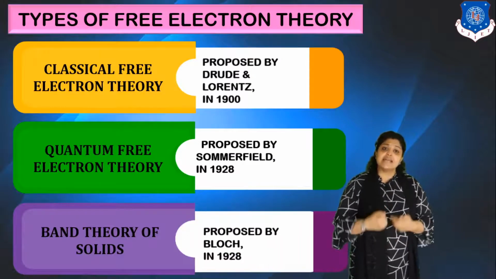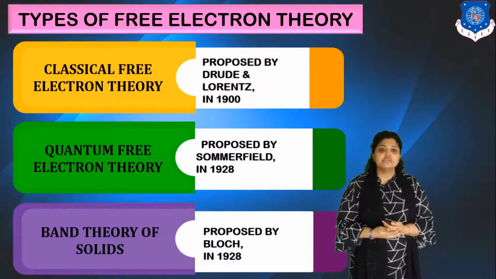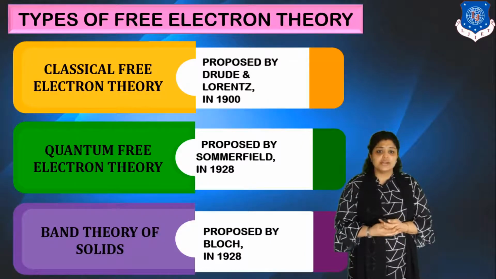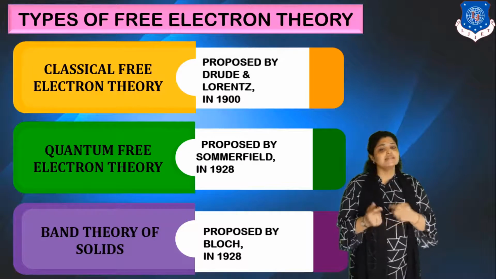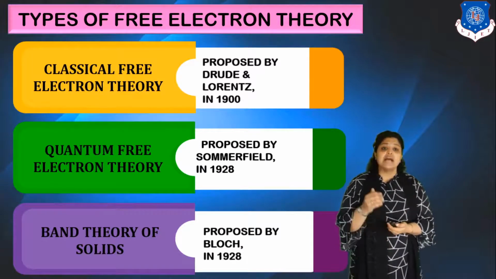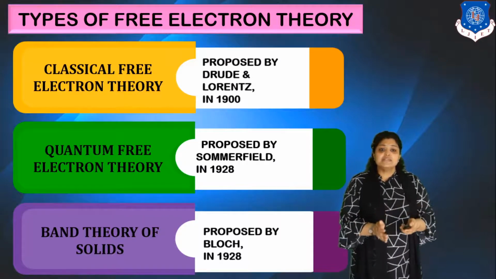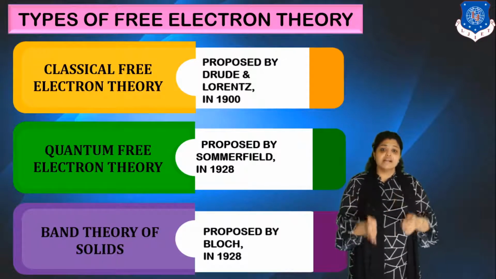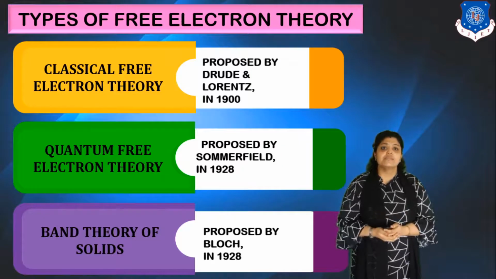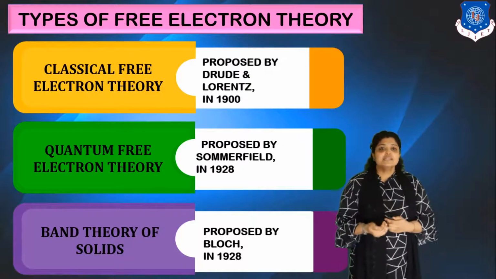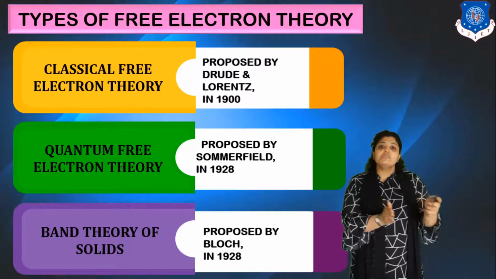So then, in the same year, another theory was proposed, which is known as the band theory of solids. It was proposed by Bloch in the same year, 1928. And after this theory, we were able to classify what exactly the materials are, how they behave as metals, conductors, and insulators. If you talk about these theories, each and every theory is one big chapter.